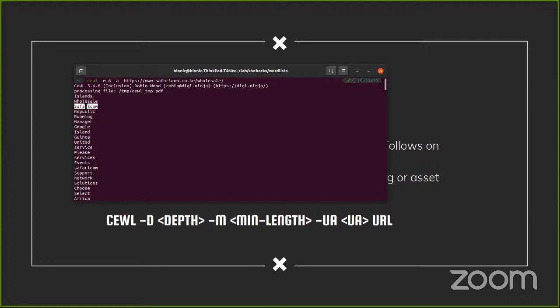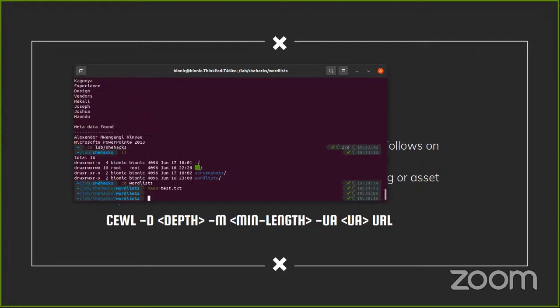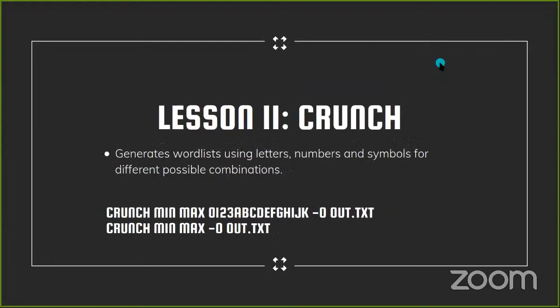Most likely you're going to use words that are custom to them, not words that are generally known. So the more custom the words, the better the chances of finding unique things. So that's just a sample of how to use the command. So we're going to go to the next one, which was